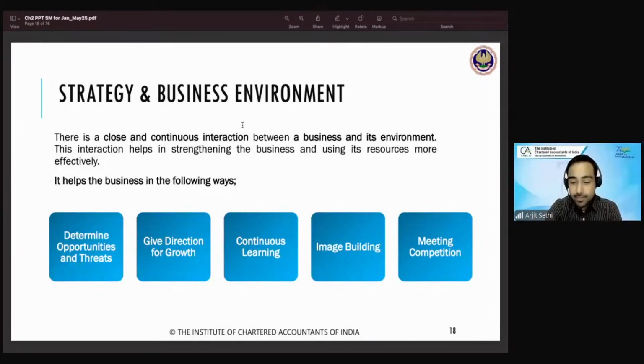Showing sensitivity to the external environment, absolutely yes. Another way brands build images is by being environment conscious, telling that we care about the environment, don't choose plastic, using paper bags or recyclable products, bottles, and all of that. Starlink telephone, yes, that's right. Understanding the business environment shows awareness and responsiveness to the needs of the customer, which helps in customer creation and image building. That's right, Bhavna. Absolutely. You guys are right.